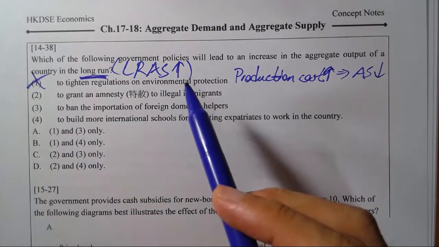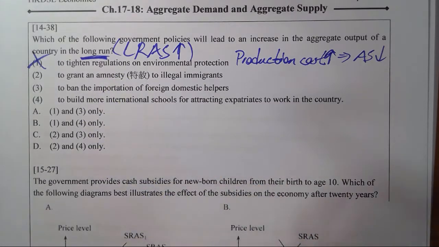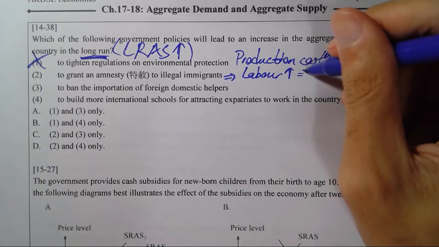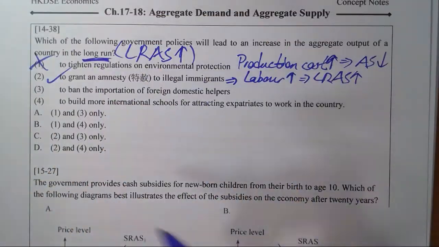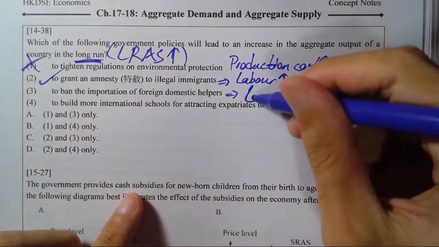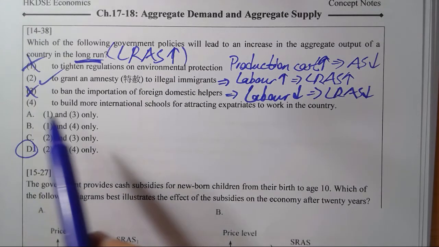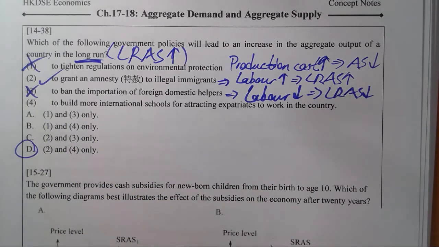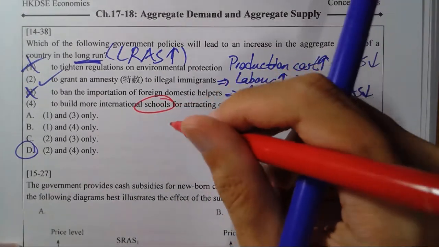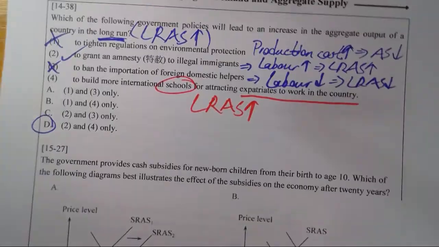Grants and amnesty to illegal immigrants, right? Now when illegal immigrants are being granted amnesty, it means that they would later become labor 係咪？佢嚟到咁都要做嘢㗎，係咪啊？Labor would go up, therefore LRAS would go up. 2. Ban the importation, it means just the opposite 係咪？唔俾入口，唔俾外傭入口，meaning labor goes down, LRAS goes down. Not the answer. So D, right? Now, number 4, to build more international schools. Now, when you see schools and expatriate to work in the country, immediately you know LRAS goes up. 係咪？你一見到呢啲咁嘅重點字眼，你就知LRAS 會 go up 啦，係咪？